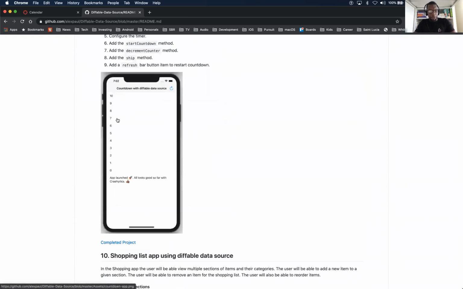We built an app a couple days ago using Diffable Data Sources, and our app was able to count down from 10, 9, 8, 7 to 0, and we were able to add this extra row in by passing in a value of -1 to get our table rendered. And along the way, Diffable Data Sources give us animations really easily. So it's a very powerful API. In this particular app, we only have one section, and in that section, there's items in that particular section. So today, we'll build a different app where that app has multiple sections.